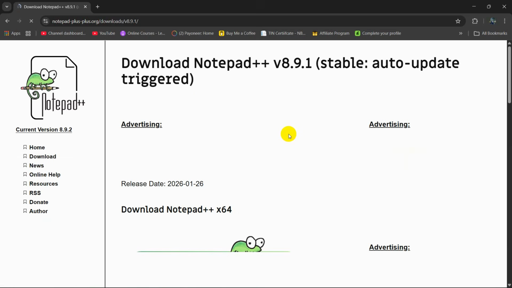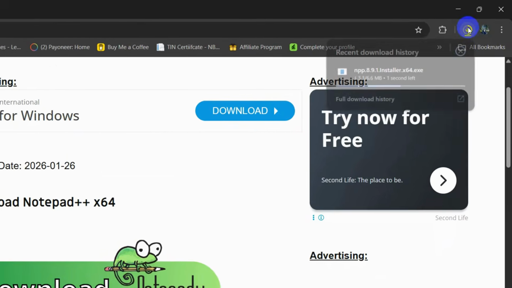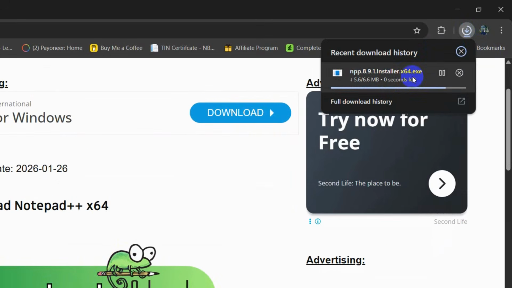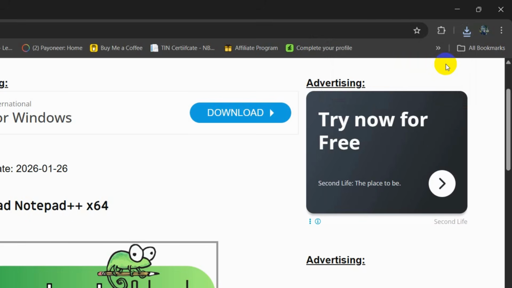So I'm going to click here and I'm going to click here, download Notepad++, and it will start downloading. Here you can see, and it's done. So when this file is downloaded, you just need to double click on this exe file